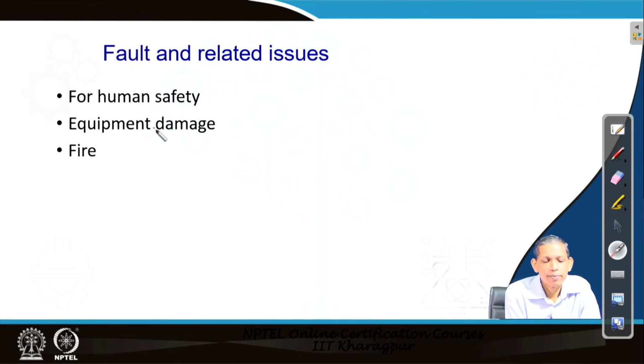Not only that, in case of a large current and associated heat, like in a substation, we can think of a transformer in trouble. A transformer contains inflammable oil, and that may lead to fire, which is a very peculiar situation to handle. So it has associated fire implications for that system also.